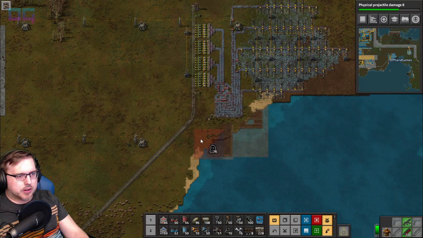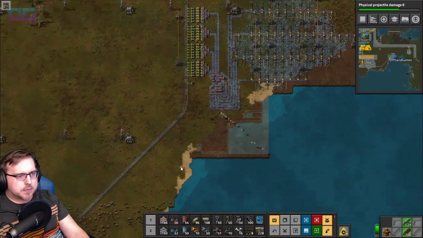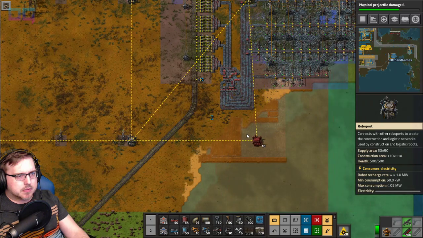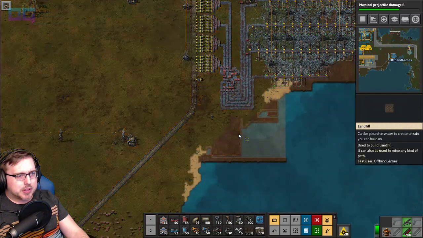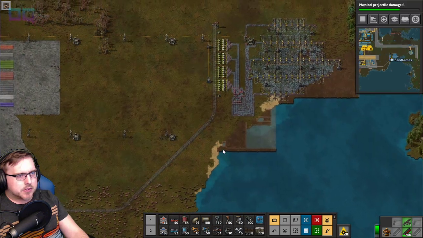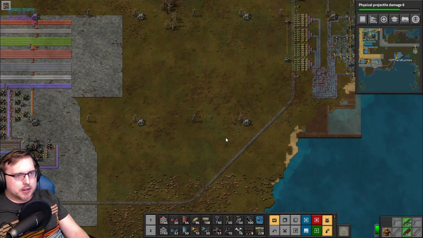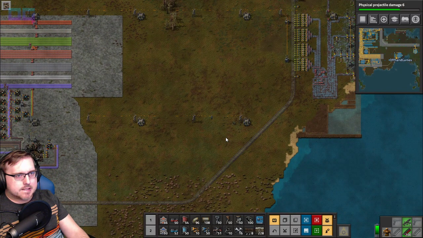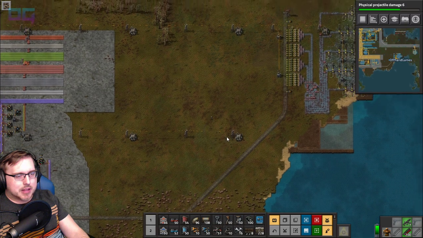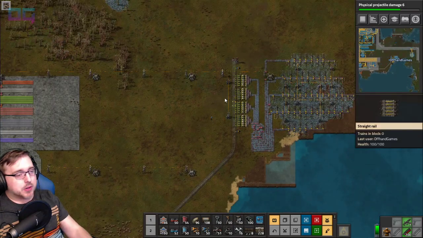Get a corner on here. I want to put it right there. It's fine. We'll wait for them to come out and fill that out. All right, so now we need to program the train. Oh no. Just realized, this would call for